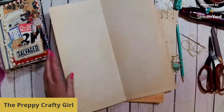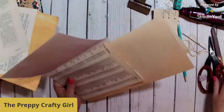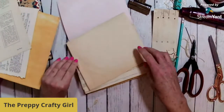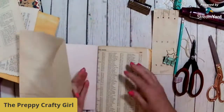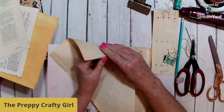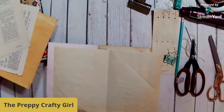So this is out of a record. I love the patina on it. It's kind of cool, and maybe I can make a pocket. So I'm just going to trim this down quick. Let's see if I can do a pocket out of this one like I did the other. Oh, I just have to do that. And then this is open, but I should punch the top maybe. Get a circle punch real quick